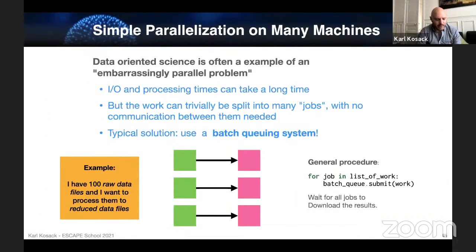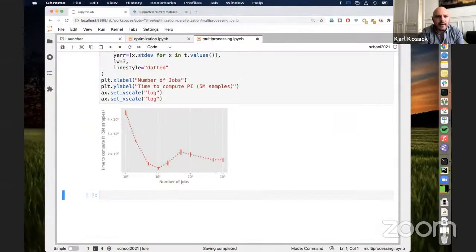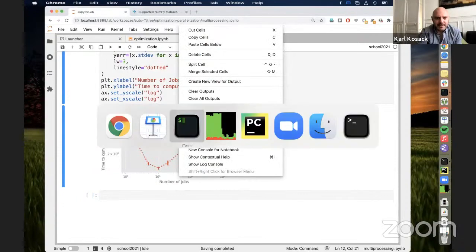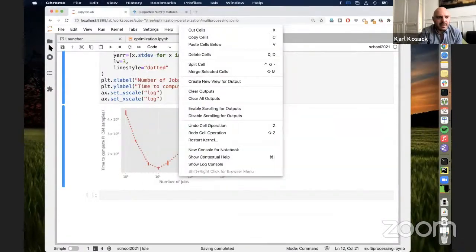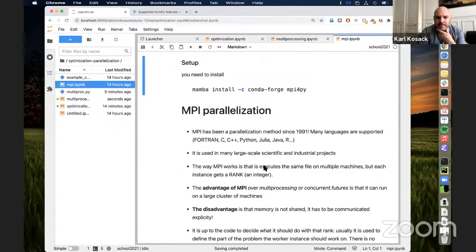I was going to do a demo of using the MPI library, but that's maybe a bit too much for right now. But I'll open it just to show you. For some reason, my mouse seems to disappear. There it is. There's an example in here called MPI to IPI, and you can try this on your own.